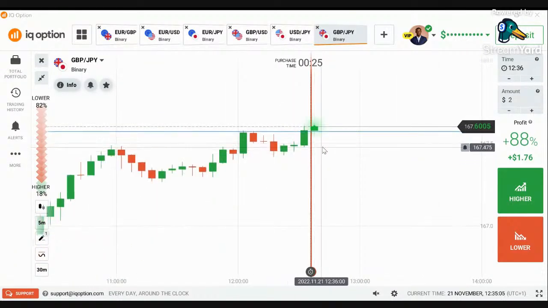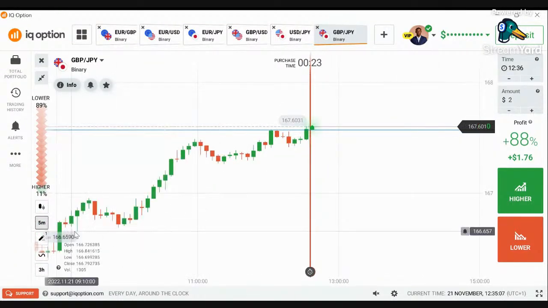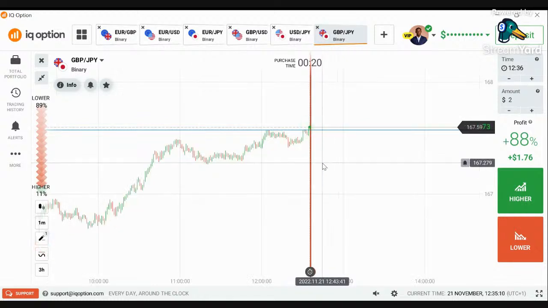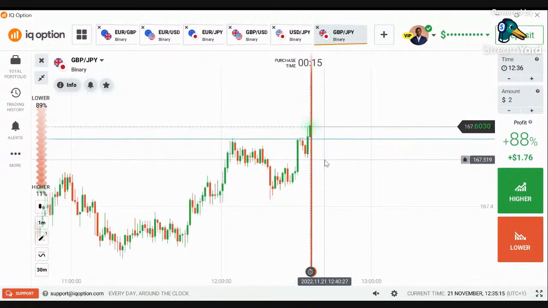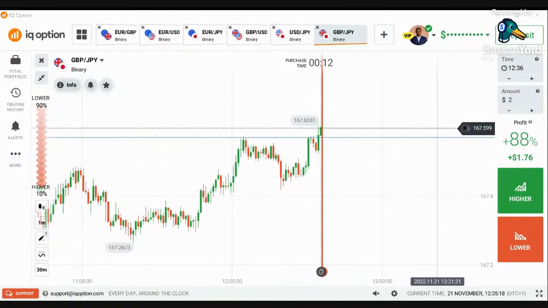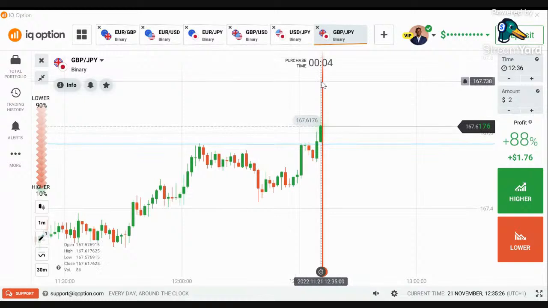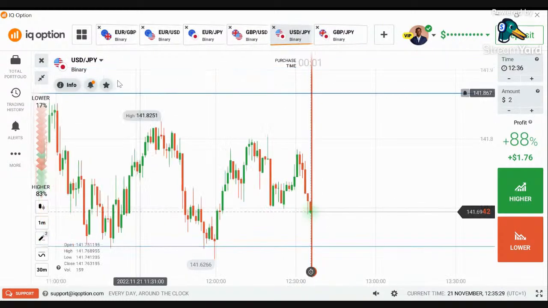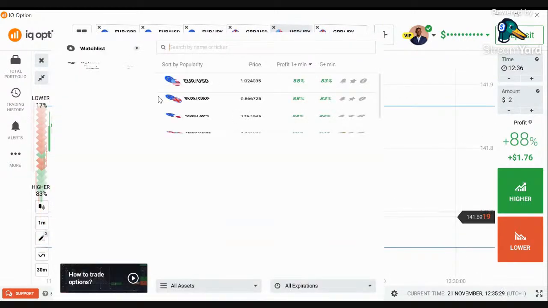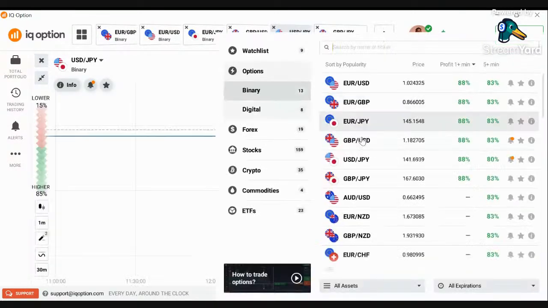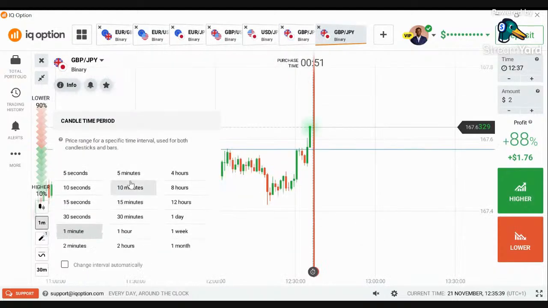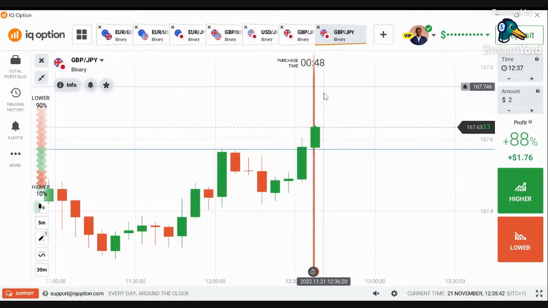Okay, I think the bodies closed above the high. So now we should be getting continuous buyers entry into the market. Sorry about that. You can see it's already blowing up. I'm going to replace that pair. Okay, I think I could still add one more. Let me add the 5 minute chart of GBPJPY. I want to be looking at GBPJPY alone.